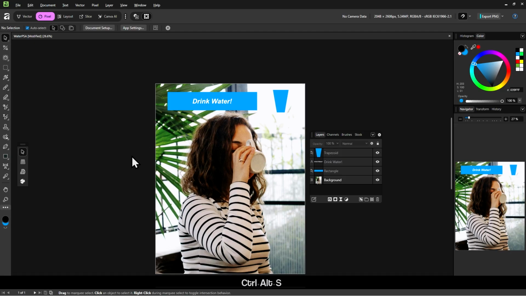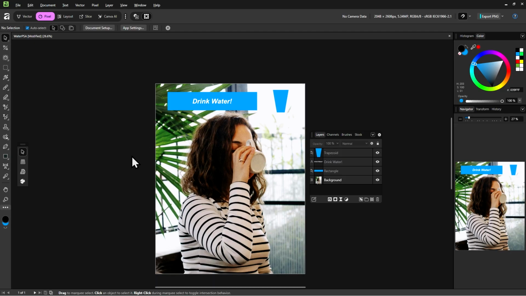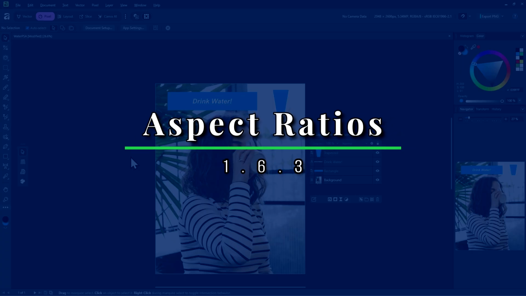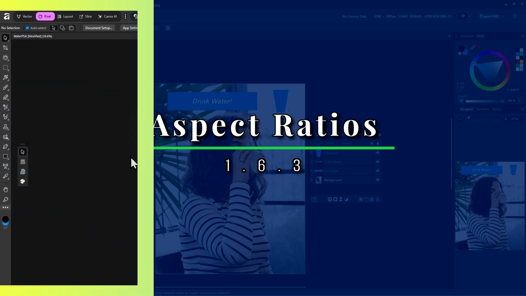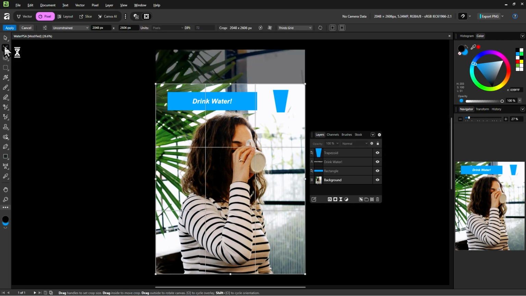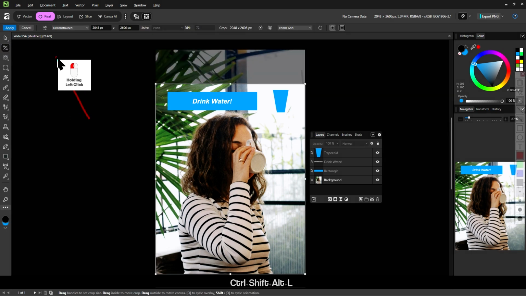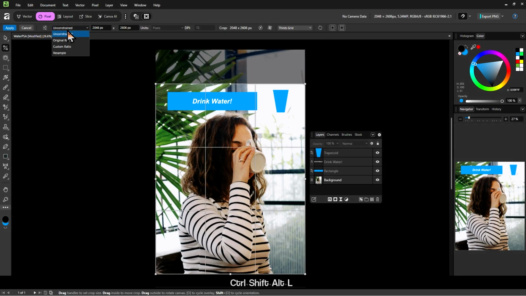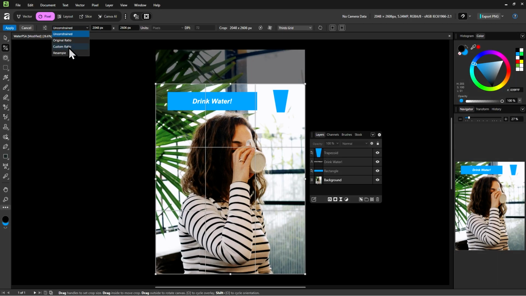Now your canvas will usually have what is called an aspect ratio, which is just the ratio of the height and width. We can lock the cropping to a certain aspect ratio in the crop tool using this drop down here, and then going into our custom ratio.